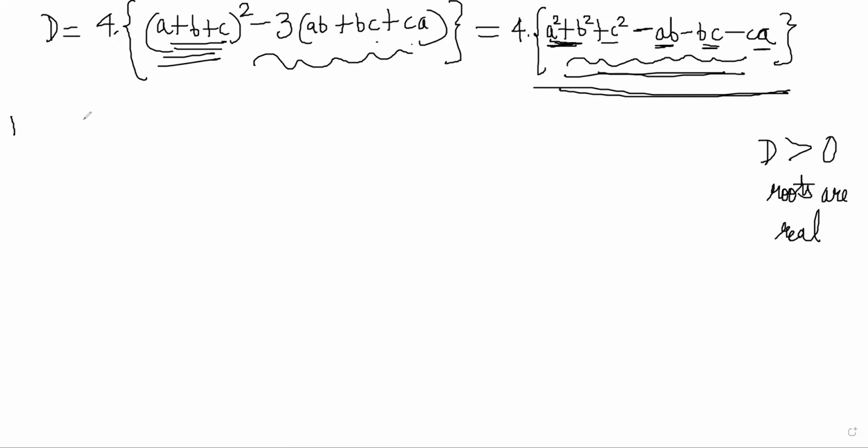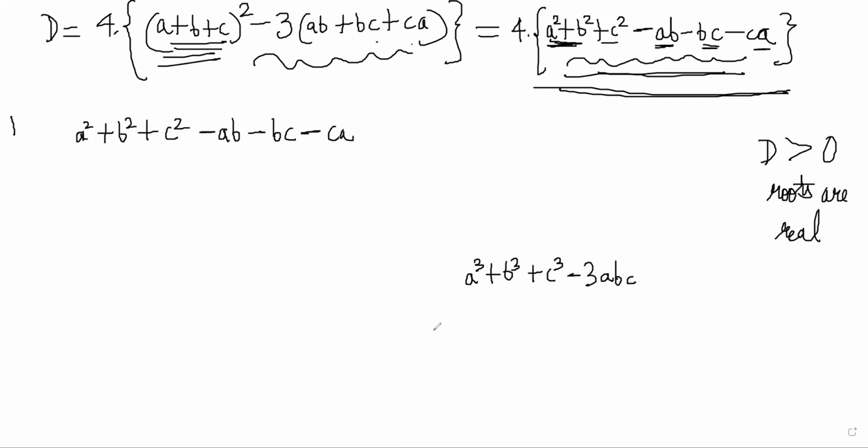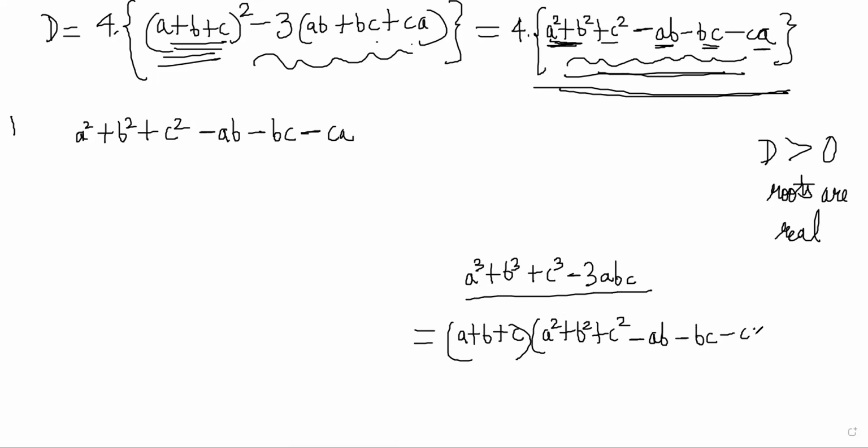So just remember this part I'm writing down separately. So how do we simplify this? Minus ab minus bc minus ca. How do we understand this expression? This expression comes in many places. For example, if you have done a little algebra, you will know that this thing has a factorization. This thing can be factorized as this. Have you seen this ever before?